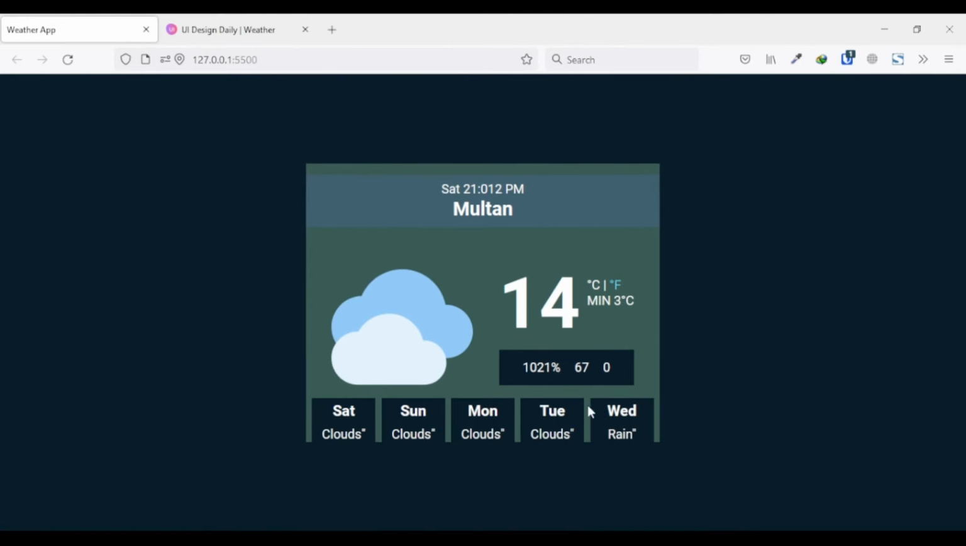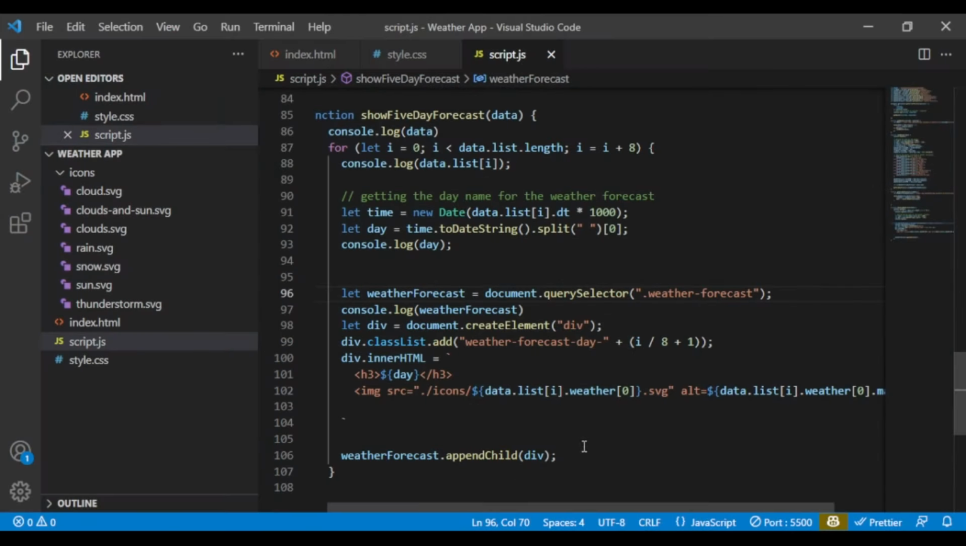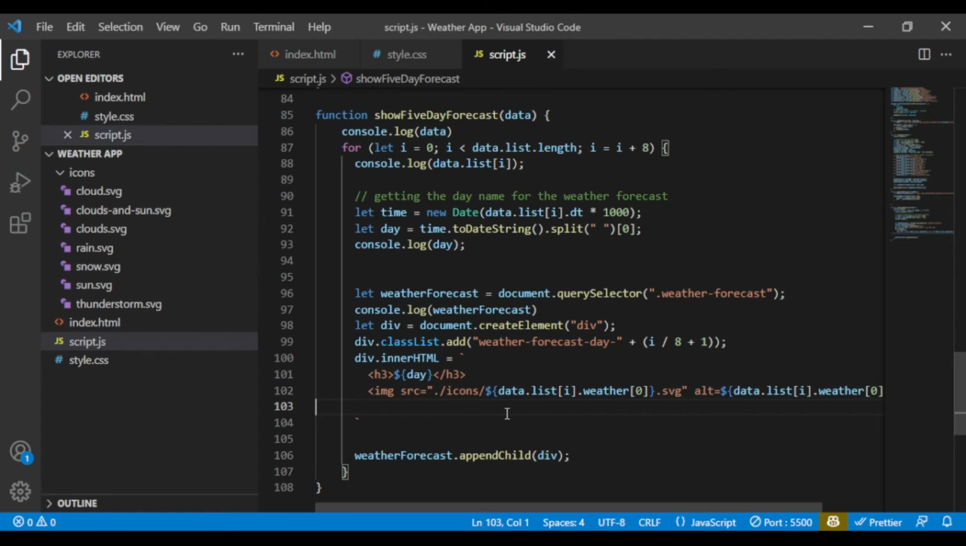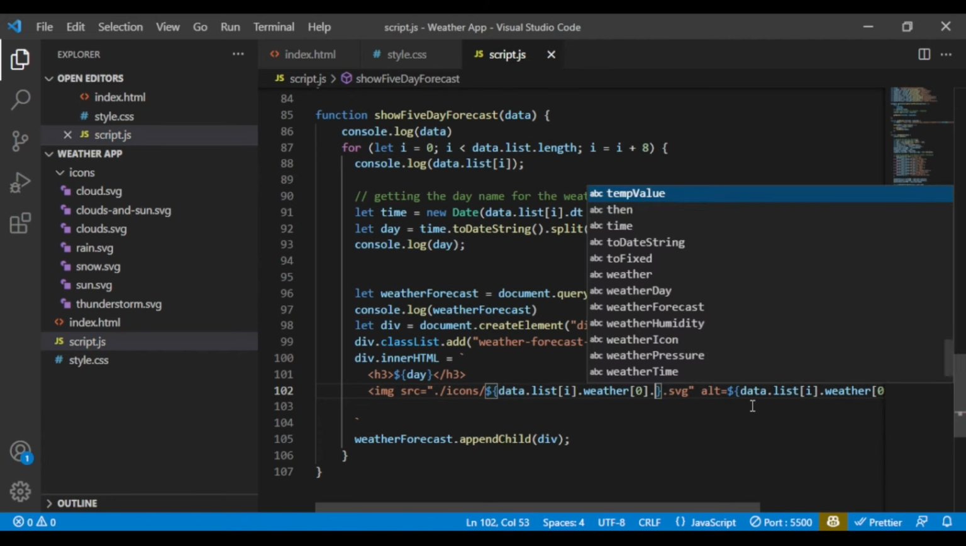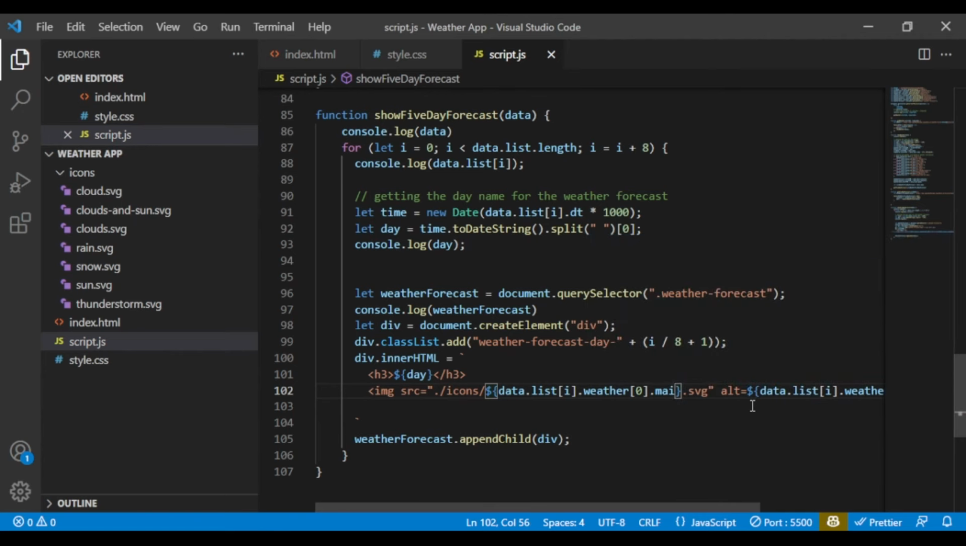Yes, now we added the day name, and the alt is showing but the image is not showing. It is clouds, then it has rain, but the images are not showing. Let's check why they are not showing. Let me, it should be .main. .main, it should be main,